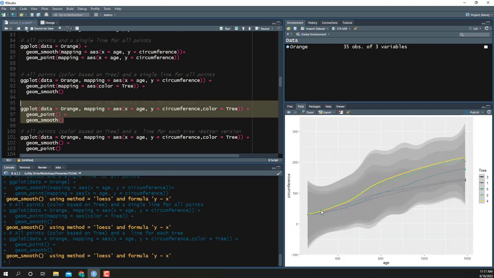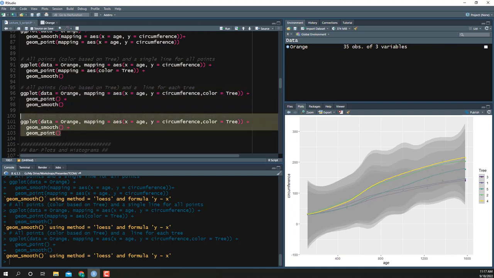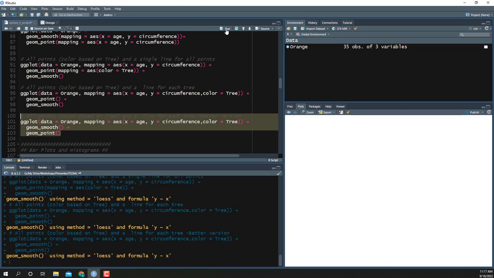So notice now I've got a line for each of the trees, and really I've got a point for each of the trees, but what happened is if we drew these lines over top, the points kind of got pushed into the background, because remember these are done in layers. So in other words, I did the point layer, then the smooth layer, and so the points kind of get hidden in the background. Well, we could always reverse those and do smooth and then point, and we get a